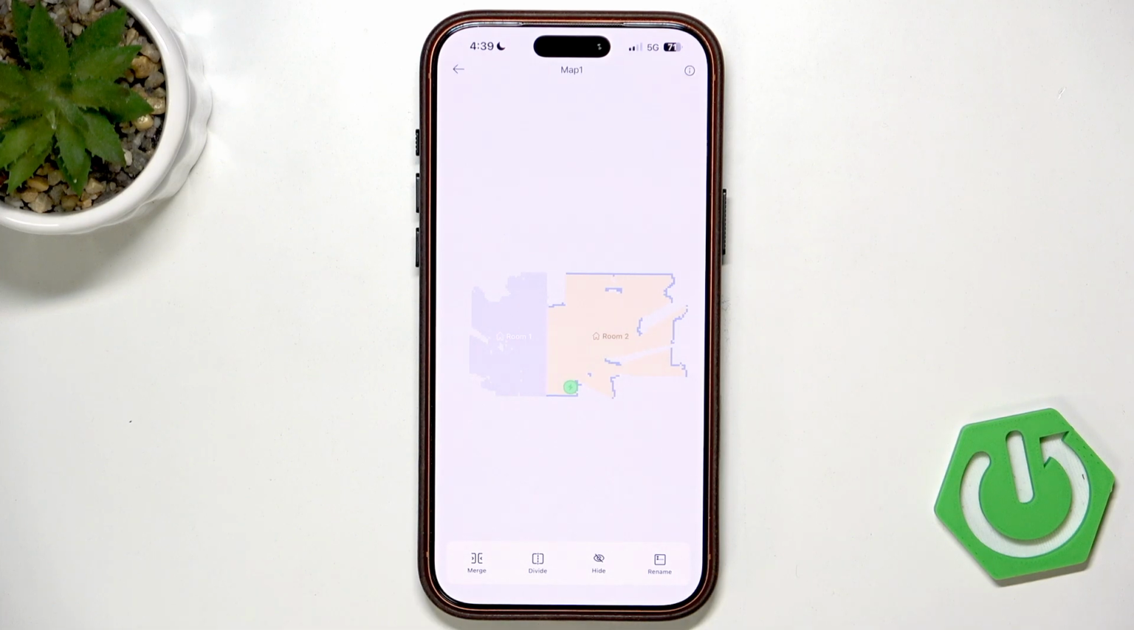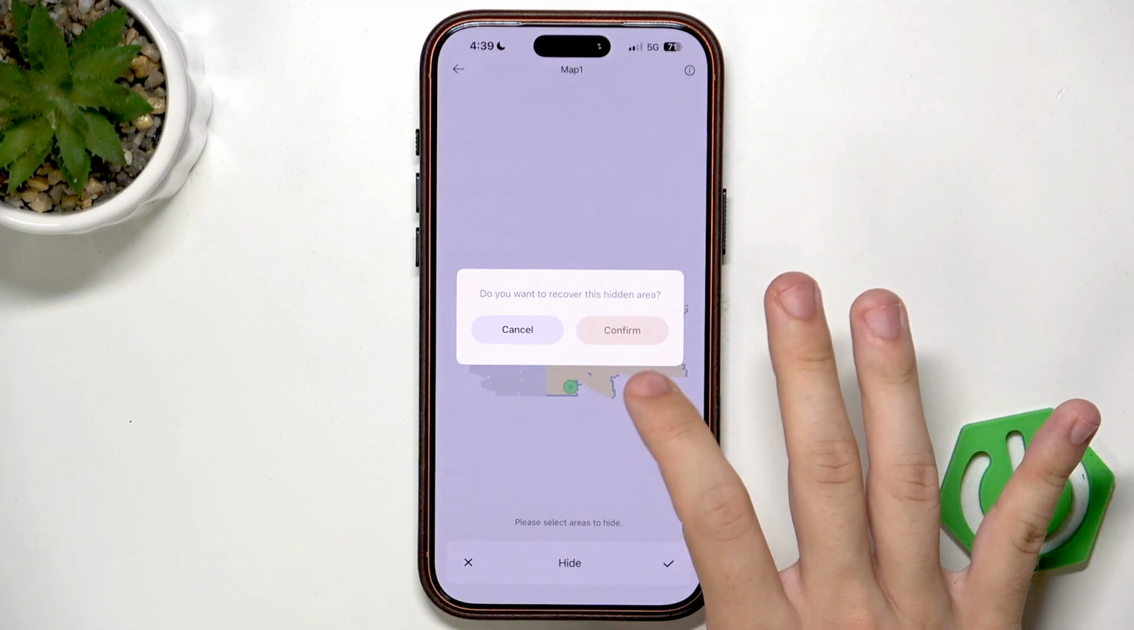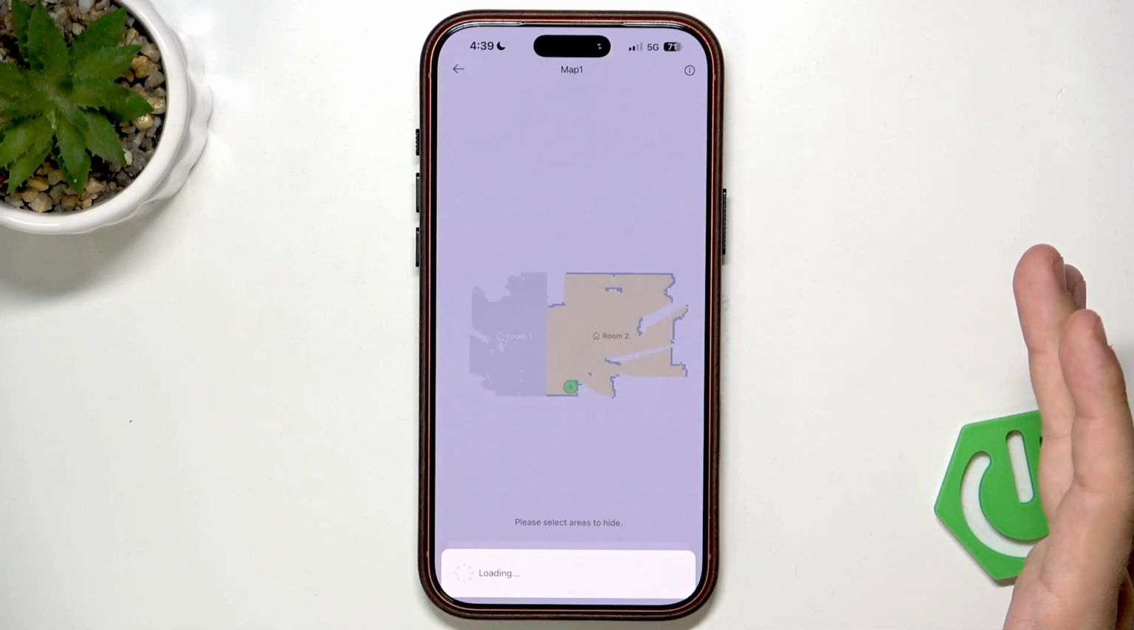And it's useful, I think, in times when maybe you had some room that you don't want the robot to go into, or maybe you had some door open outside and it's scanned outside and you definitely don't want the robot to go outside. So yeah, that's why you may want to hide it, but I'll unhide it,